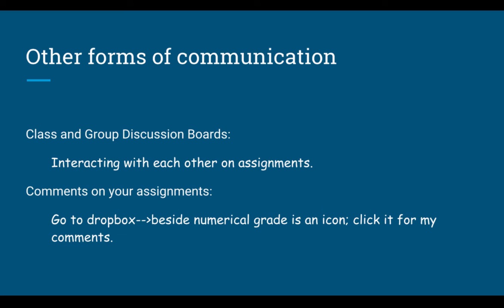Many students don't know where to find my comments, and they think they got this grade on the discussion board or on a Dropbox assignment, and they have no feedback on it. Okay, so I always leave feedback of some sort. Okay, and if I don't for some reason, I will usually send a group email or a Remind.com text explaining how I graded that assignment so that you know what's going on.